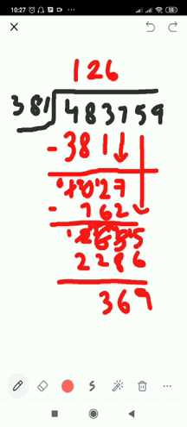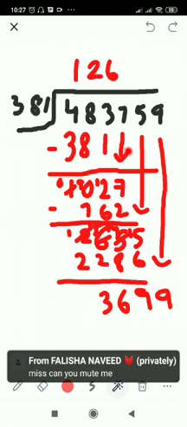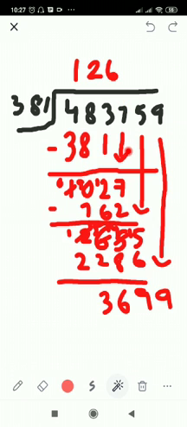All right. Yes, we're right. Now we are going to bring down this 9 here. Last one. When you're done with all of the numbers, you bring down each number from the top one step at a time. The third step, you're going to bring down this third number, and we are done with all of those numbers. So now we are going to divide here. 381 we are going to do 9 times.